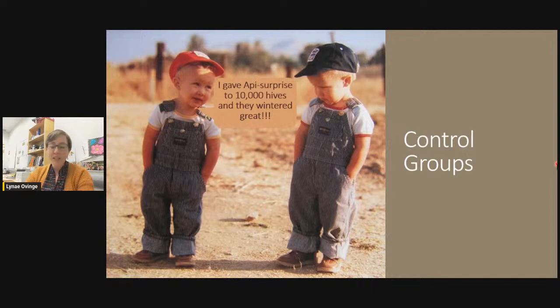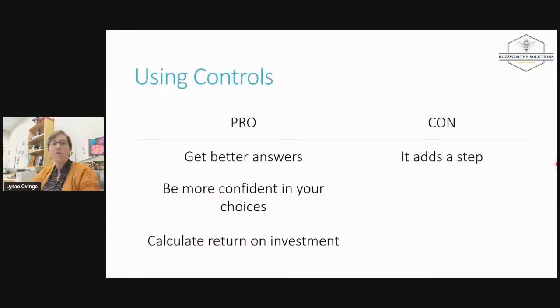And there were years, I remember when Apivar became legal, everyone wanted to put that on every hive they could and try to save them, right? So there's years when it makes sense. But I just really want to point out that, when you do something like that, you're not using a control group. And so you don't really get all the information you could be getting. So by using controls, you really do get better answers.